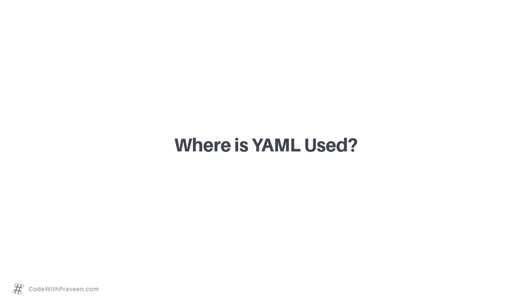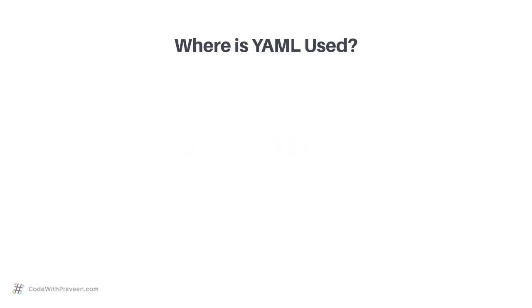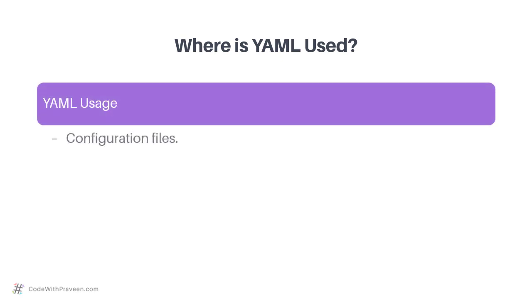Next, let's look at where YAML is used. YAML is used in various use cases in the modern programming language context. The primary reason it is getting deployed is with configuration files. For instance, if you take the Kubernetes or the Azure DevOps configuration, we can configure the various resources available in the system, and it has to be stored in a certain format. YAML is being used as one of the formats to store these configuration details. Hence, the primary reason YAML is getting used in day-to-day life is with these configuration files.